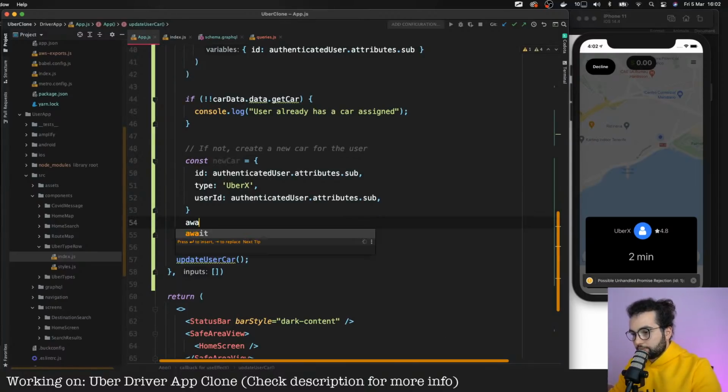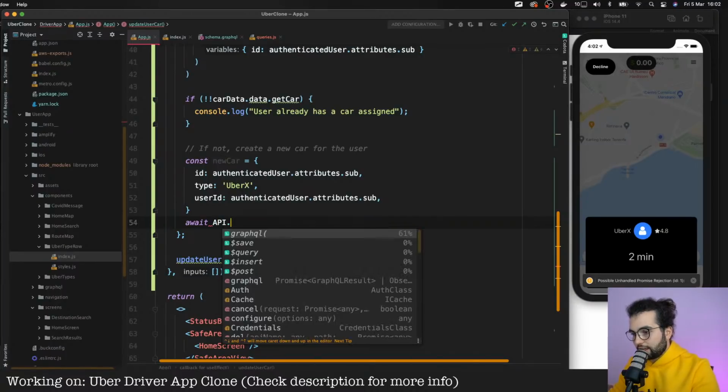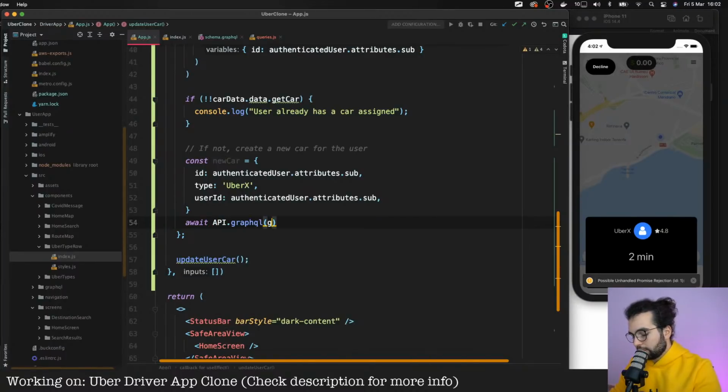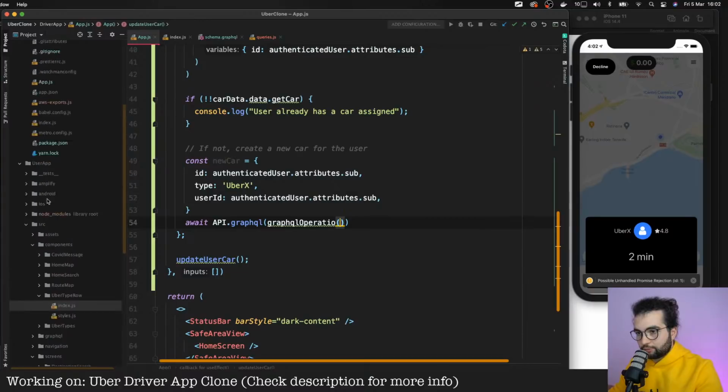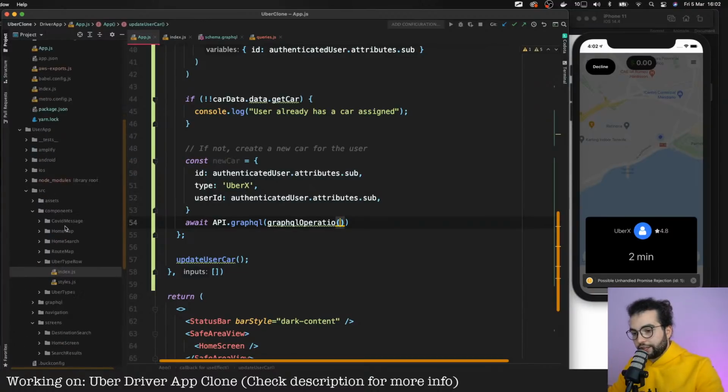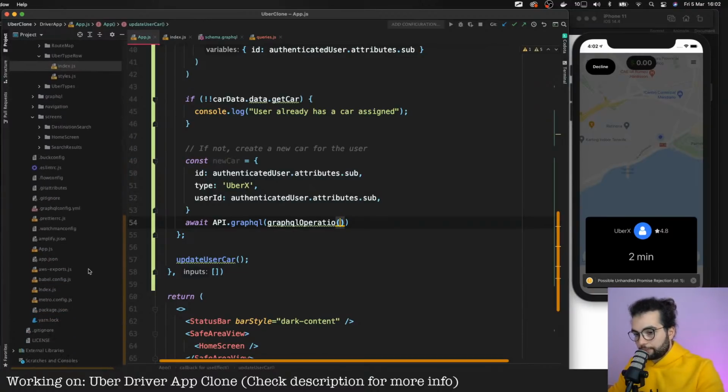And let's add it to our database. To call this API, the GraphQL operation, here we need a mutation, and we need the mutation that will create and submit this car.